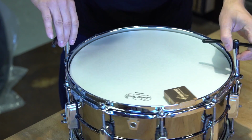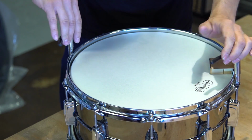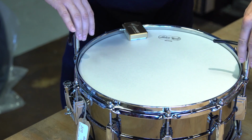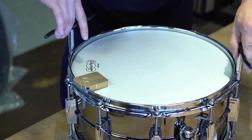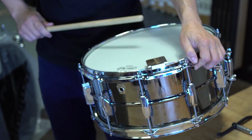And then another trick too, we can tighten this up a little bit, the whole thing. Bring it up into a little bit of a higher range. The higher that you tune a drum, the thinner it's going to sound to the microphones. So if you want a really fat, burly snare drum sound, you've got to tune them really, really low. So a trick to do that, if you like a little bit higher tension feel of a drum,